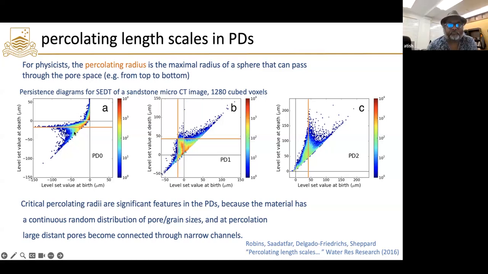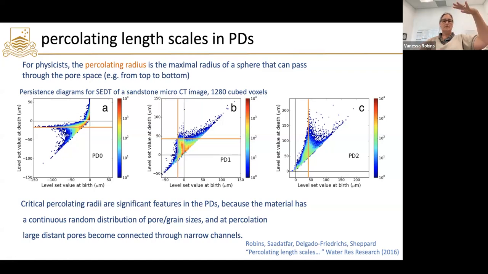But in persistent homology, I always pair with the local minimum that's closest to me in value. So when I add an edge in this graph model, I'm going to pair that edge, which represents a death, with the local minimum, and each of my two components, I'm going to pair with the one that's closest to me in value. And so typically those values are fairly close to each other until I'm nearing the percolation threshold. So when I hit the percolation threshold,